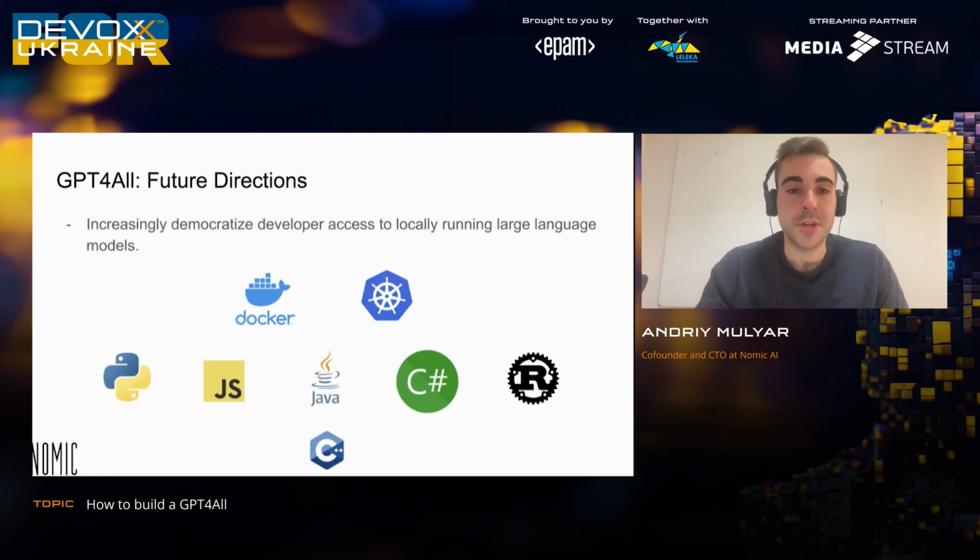And then where are we going? Increasing developer accessibility, and increasing accessibility to non-technical individuals. I want us to live in a world where there's a powerful large language model running on every single computer that can be accessed locally. You can turn off your internet and you can have access to the technology. We're going through and building up a stack that enables that. It should be easy to do.